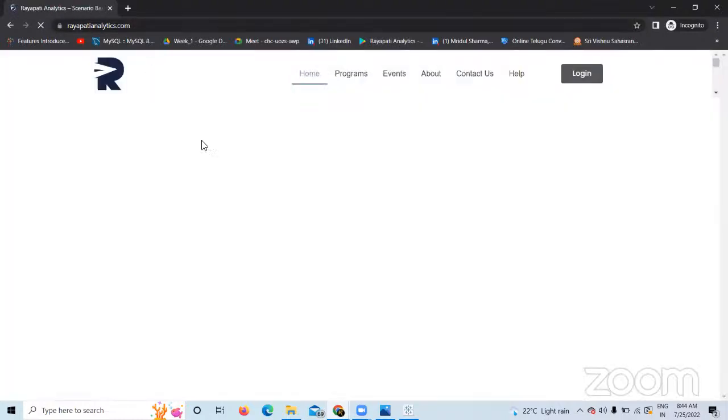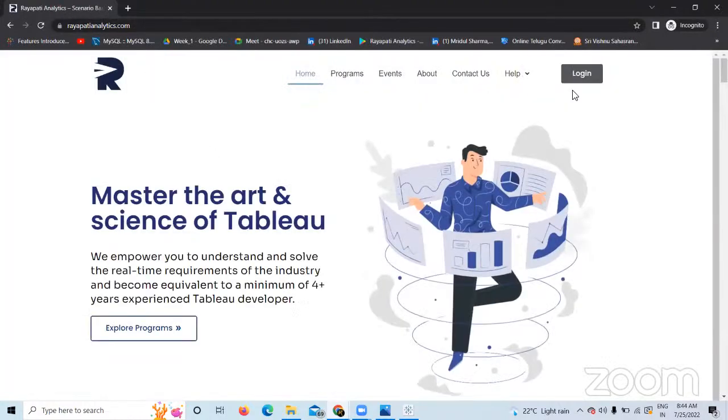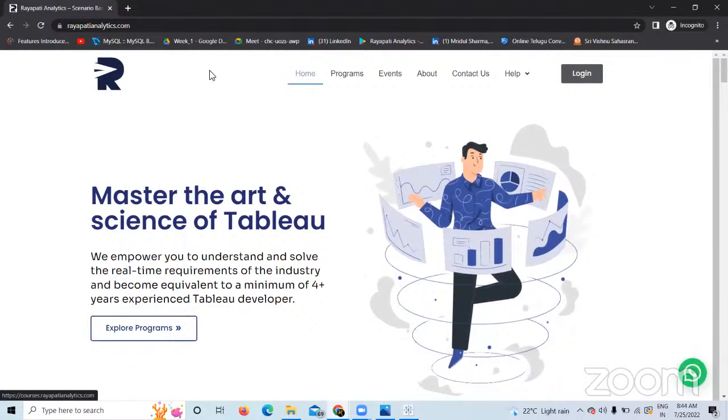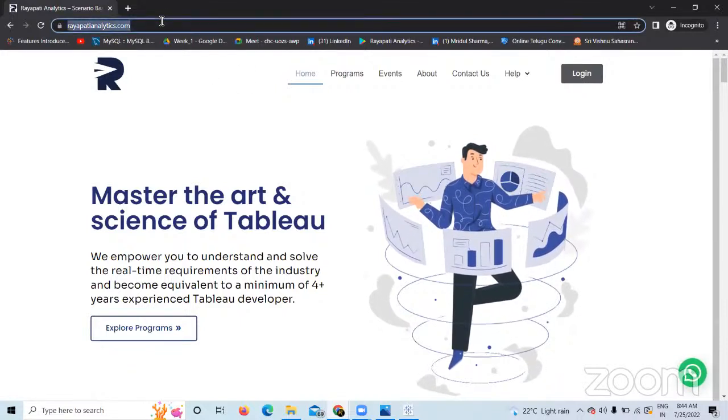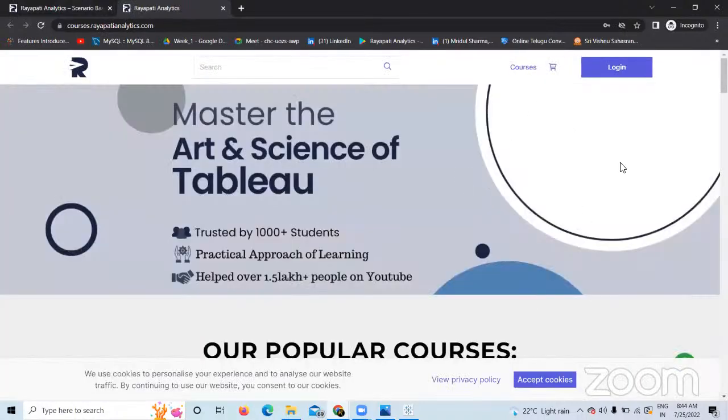Do this. From tomorrow onwards, don't wait for the link to be posted or try to find it somewhere, guys. Just register at Rayapati Analytics. Open rayapatianalytics.com, guys. Go to login here. Directly it will ask you for